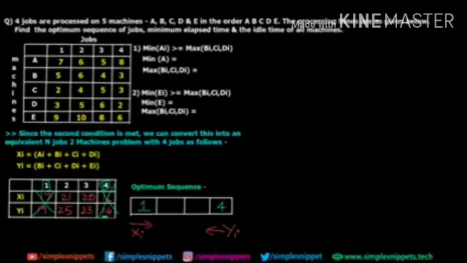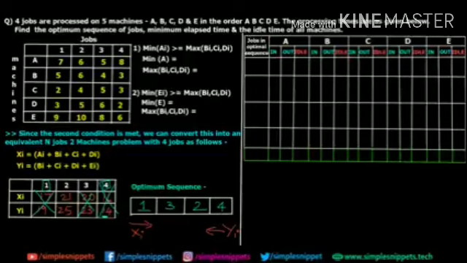Now comparing, the smallest value is 20. It's for job 3 on xi. So I'm going to write 3 over here because for xi we start from left to right. Cancel out this column. And lastly, we have only one place, so I'm just going to write job 2. Okay, so now we've calculated the optimum sequence, and now we can move ahead to calculate our main table, wherein we will find out the time in, time out, and then the idle time for all the machines.